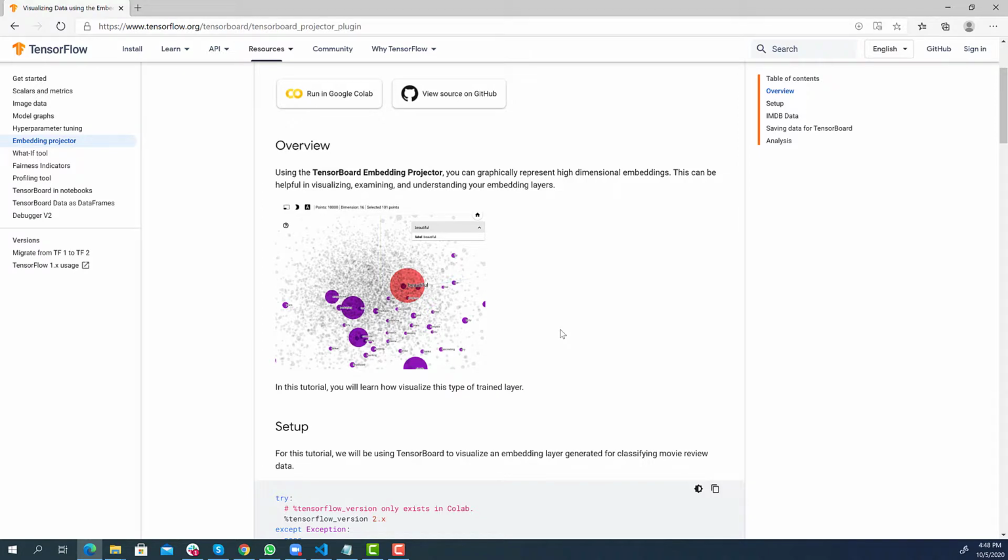Okay, I'll leave it at that. This is just some recommendation that Tensorboard is a popular tool that is used by a lot of people, and it's definitely worth it to look into Tensorboard and see